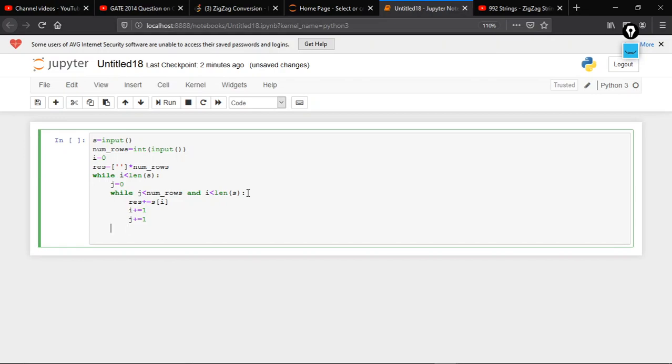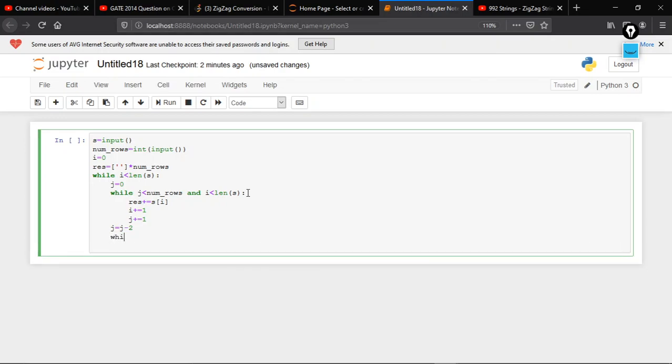Then after the finishing of this while loop, I'm gonna initialize the j with j minus 2. Then again I'll take another while loop. Now I'll put a condition as j greater than 0,